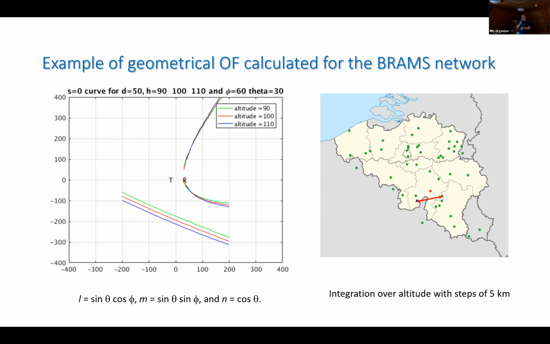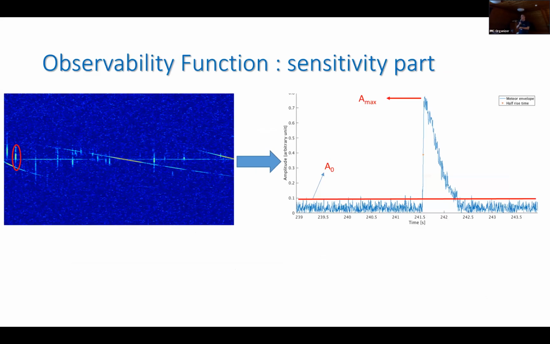Basically, one thing we've done compared to Ceplecha in '97 is that, because the computation means are much better than 25 years ago, we can of course produce these curves for many altitudes. And what we see here is that it doesn't change so much with altitude. Here we have 90, 100, and 110 kilometers. So now we can just integrate over altitude with steps of 5 kilometers. So instead of having just one curve in a horizontal plane, we have a three-dimensional curve. Now there is a second part, the sensitivity part, because all these points, if something is happening there,